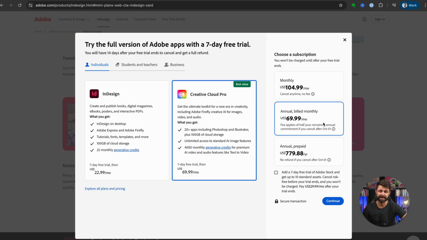If you cancel early, then fees do apply. So make sure you think about this before you choose. We like to go with the monthly only option because you can cancel anytime. It is a little bit more expensive, and these prices might be a little bit different depending on when you're watching this video. So choose the option that works best for you, and then you can add a 7-day free